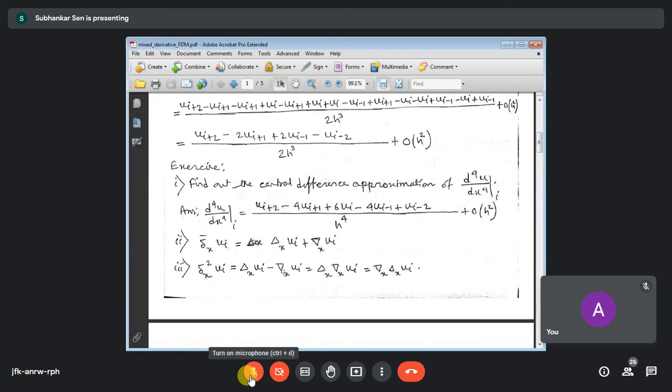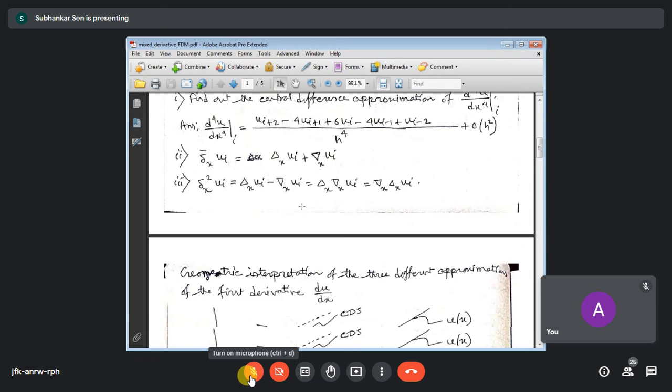Forward difference and backward difference operators are acting together. Now, whether you are performing the forward difference first or backward difference first, it does not matter. The second central difference formula can be represented in terms of both the forward difference and backward difference operators on the variable, but which operation is performed first does not matter. It will eventually give you the same answer. Okay, so these three problems you should practice. This note I shall send you by today itself.